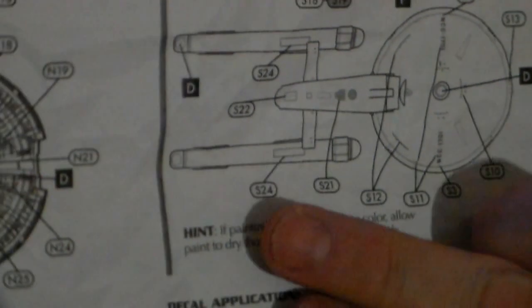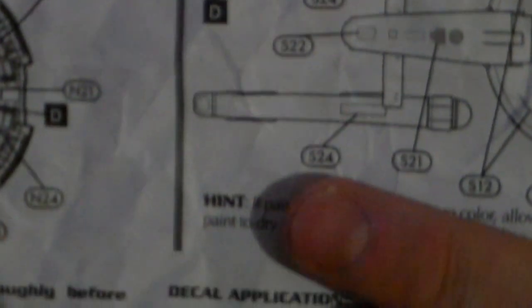As you can see there, it says E24. And if you come to the instructions, if I can get it to focus. Sorry about this guys, the camera doesn't want to focus. Okay, let me try zoom out a bit. Okay, there we go. As you can see over there,